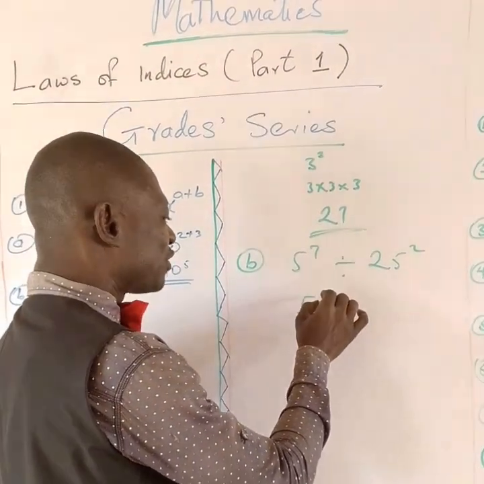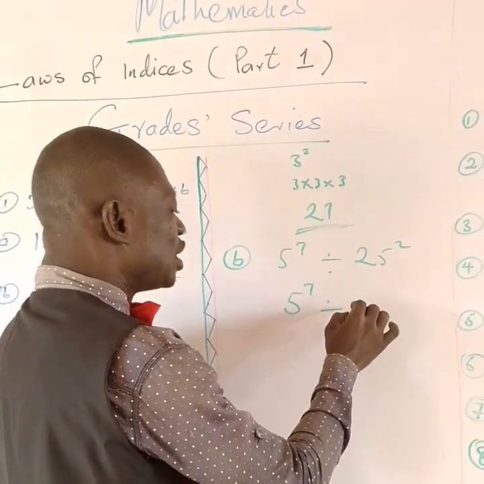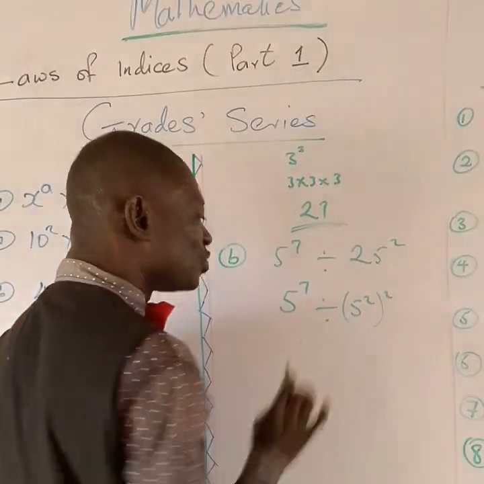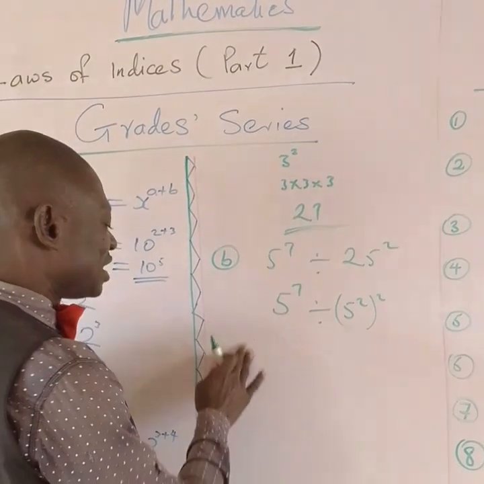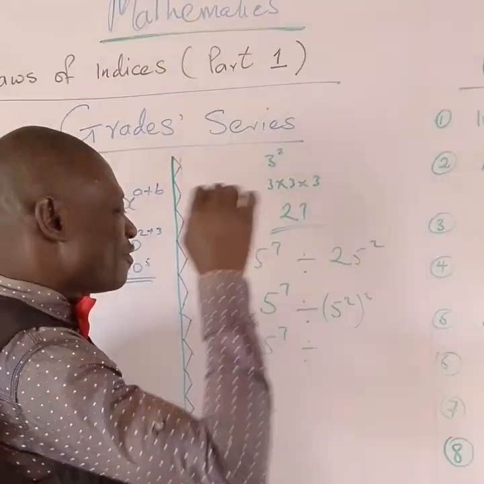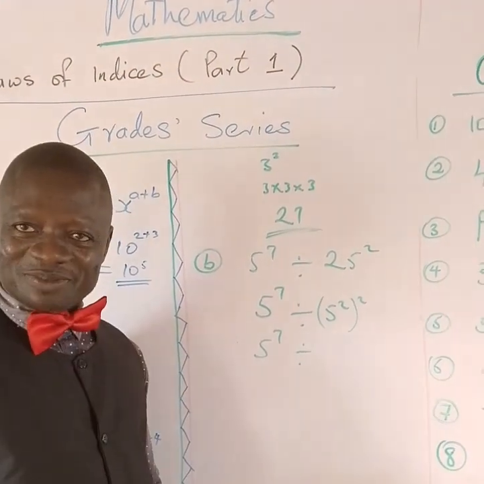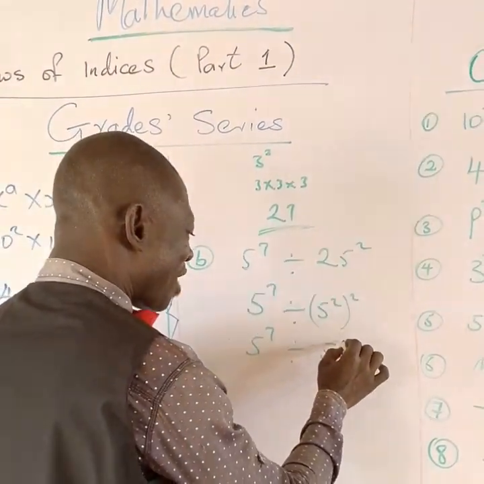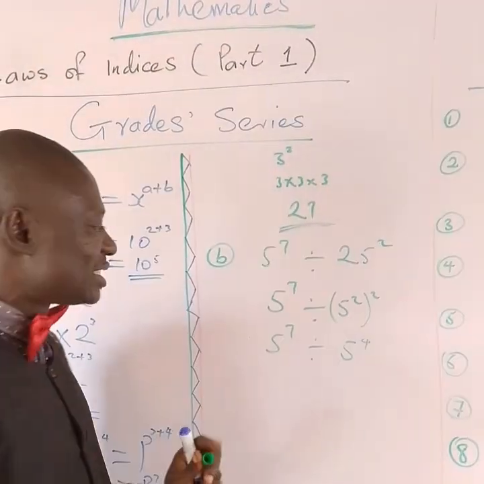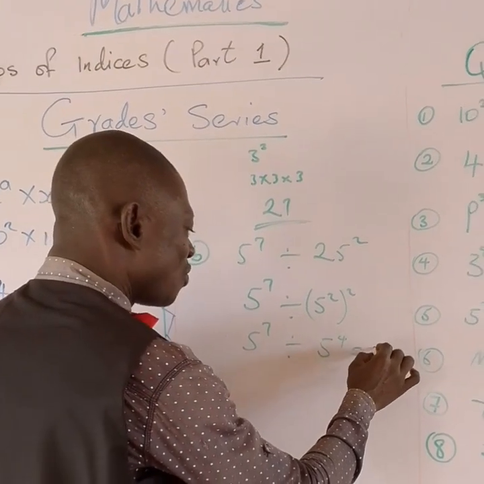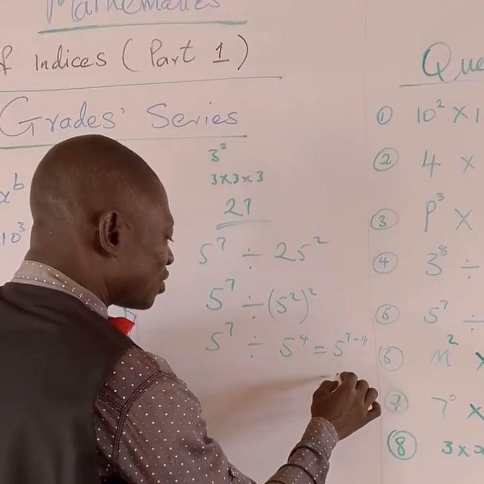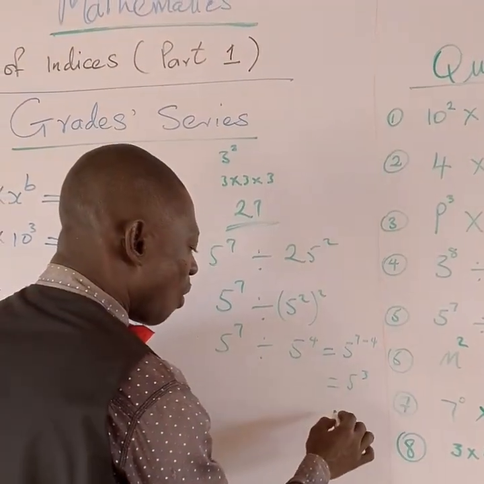And so in the solution, we say 5 raised to the power 7 divided by 5 raised to the power 2 as 25 all raised to the power 2. In that case, it is 5 raised to the power 7 divided by, remember what we have here is 5 raised to the power 2 times 5 raised to the power 2. That will give us 5 raised to the power 4. Then we can apply the law. Pick only one base. That means we are going to say this is equal to 5 raised to the power 7 minus 4. That gives us 5 raised to the power 3 or